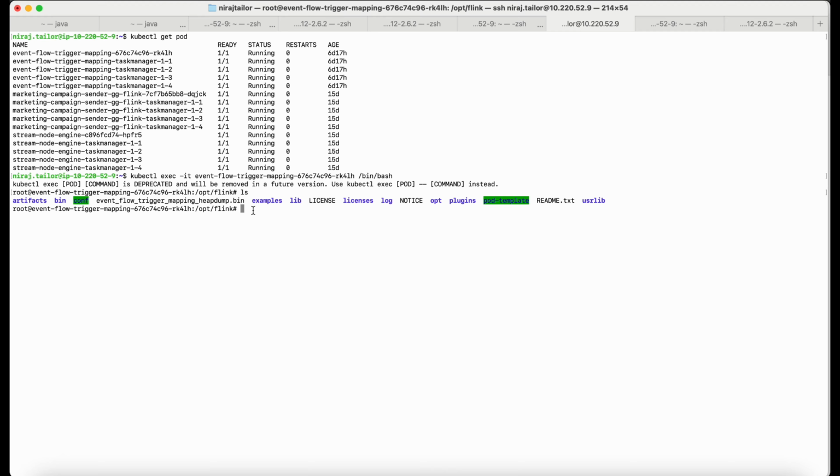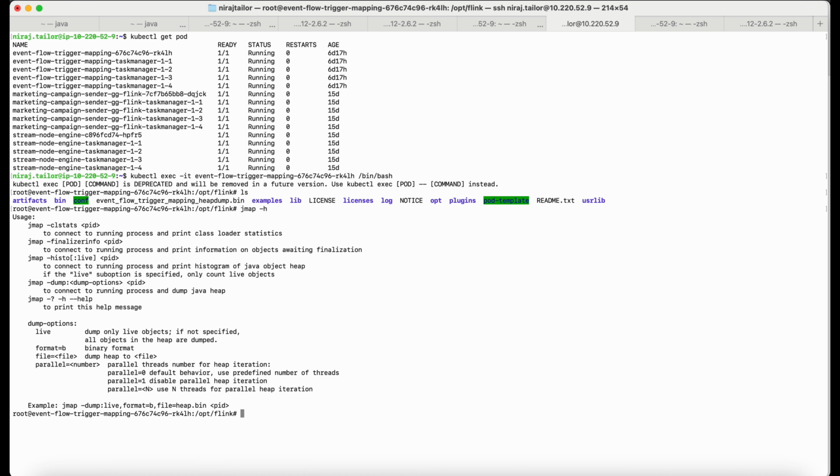So first you can check the jmap version. jmap -h means, using this command I can see jmap is already installed. If it is not installed, then you can install it into the pod. So to install it in the pod you can use apt-get update, and then after this apt-get install openjdk